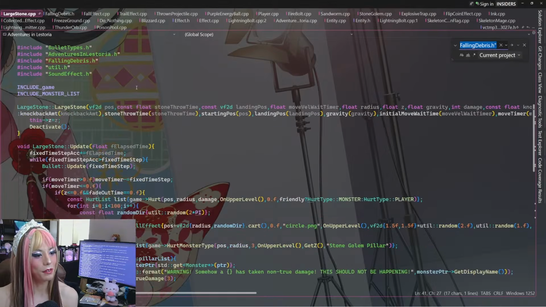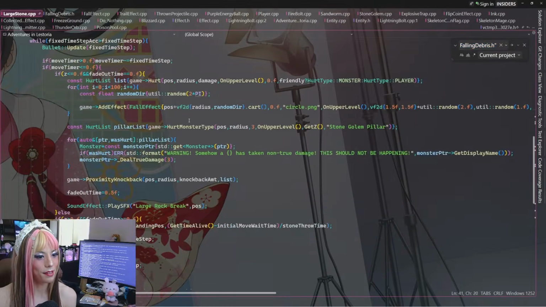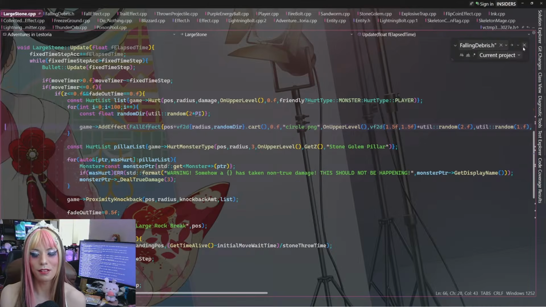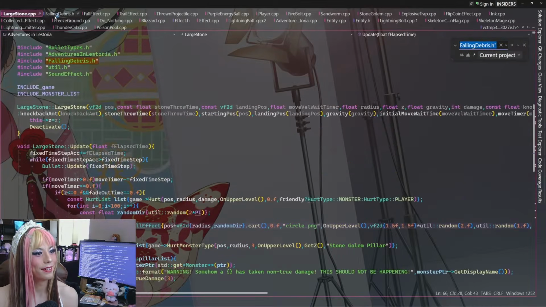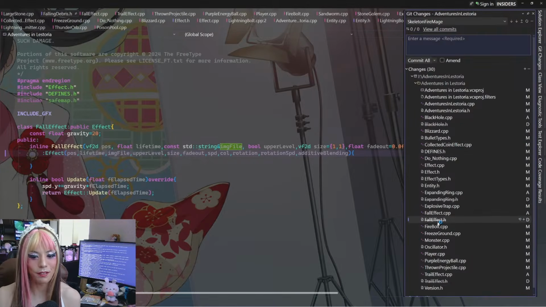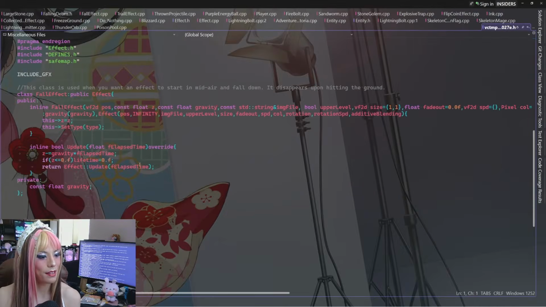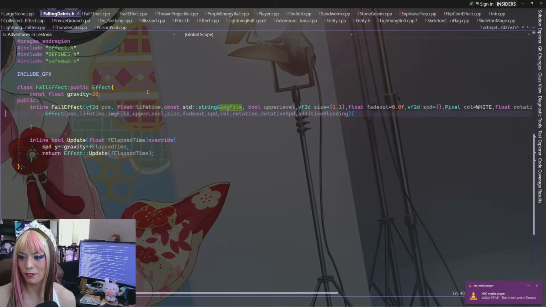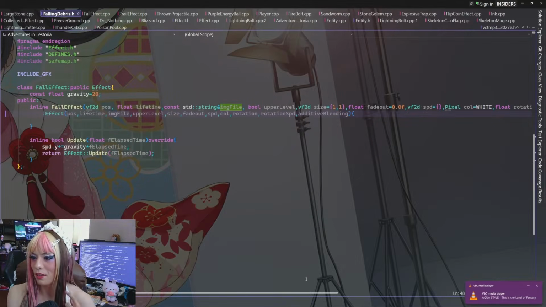Okay, large stone apparently does, and it creates a fall effect. But see, it's called fall effect. It's not called falling debris, so I'm not sure what's going on. Are these literally the same files? Here, the gravity gets defined by the constructor. And then this one, there's a default value of 20, and the gravity is not defined by default.